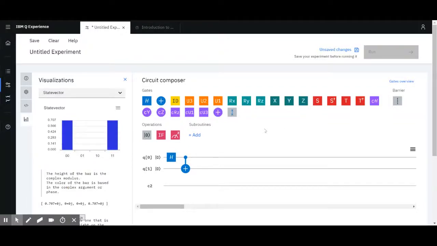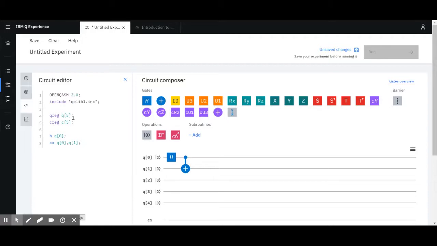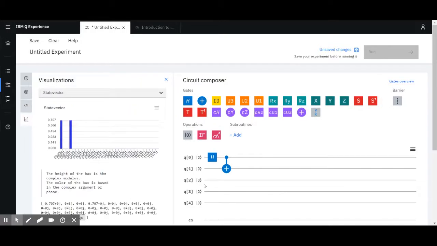And so you might ask yourself right now, after seeing the last two videos, how the heck do I know what's happening with one of my qubits if I have, say, even just five? That's just a lot. If I have five qubits and I have a